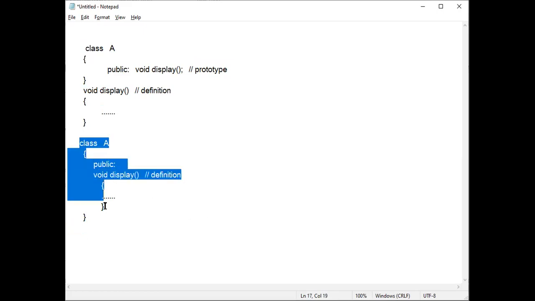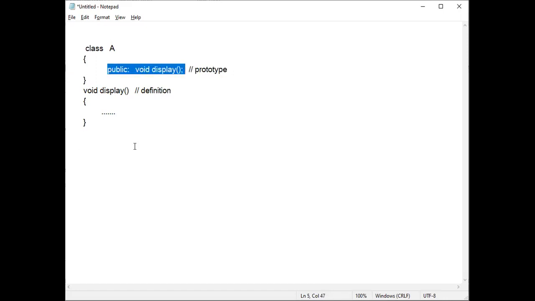Now we will consider the first part, that is, write the prototype first, then outside the class write the function. In this case, there is one extra step you have to do. After writing the void data type, you have to write the class name. The class name is A. After the class name, you have to put this operator: two colon symbols written without a space. You should not use a space between them.